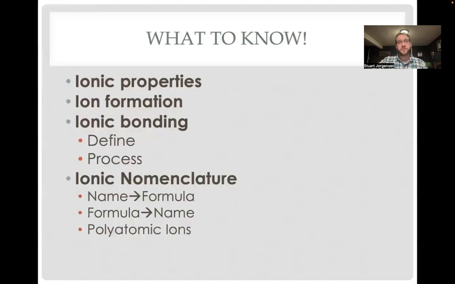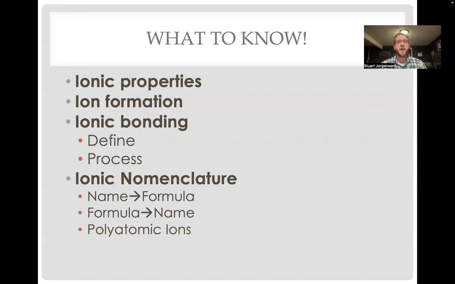More importantly is what you're responsible for knowing. And so this unit was pretty quick. We started with the ionic properties lab. And so we looked at all of the same properties we did for covalent. We should be familiar with those. We also have those to reference in our notes. We talked about how we actually go about forming ions, how we lose those electrons or gain electrons to become charged particles. We talked about that process of how we define our ionic bonding and how they actually transfer those